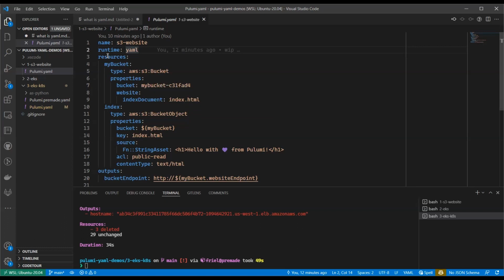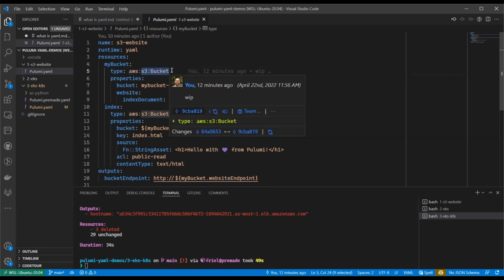You're going to be able to declare resources in your pulumi.yaml. We're declaring a myBucket resource, and we're using our API docs to get this type string here. The first part of the type string is the Pulumi package that's providing it. And some packages will use a hierarchical scheme. AWS has a wide variety of resources. So we're going to be looking under the S3:bucket for this resource.